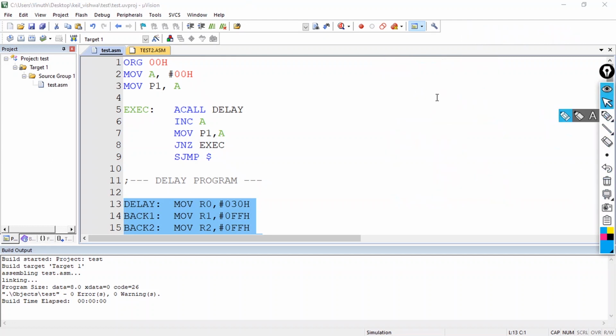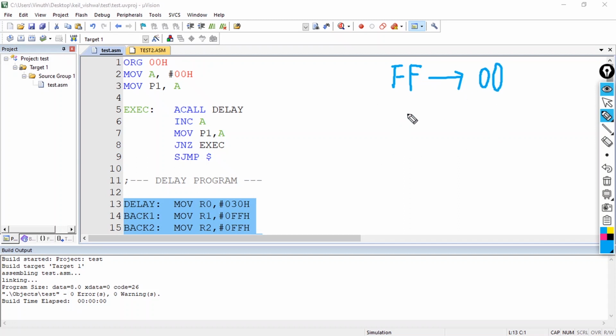Only, in order to make it decrement, I need to load my accumulator with the value FF hexa. It is going to decrement from FF to 00 hexa.